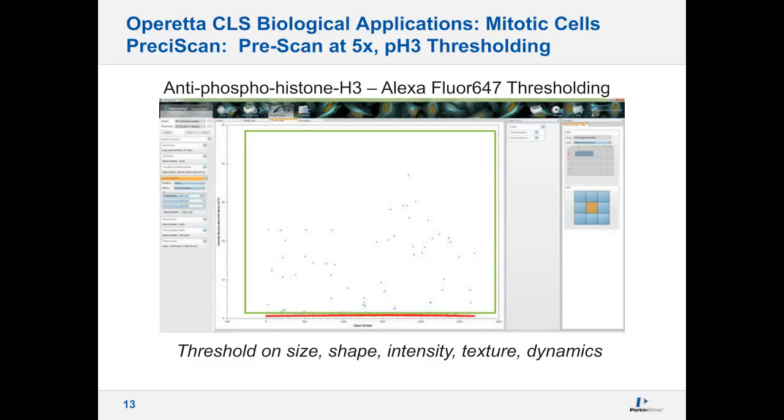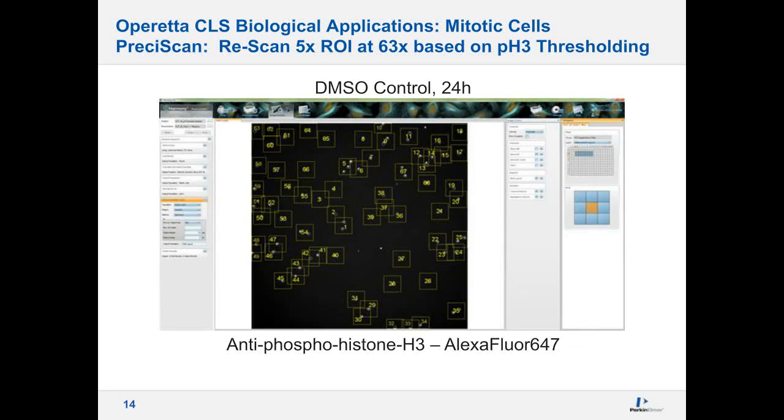So we're looking at a subpopulation within the context of the cells in the well that were challenged with oclosamine. Here's a screenshot of the DMSO control showing you the number of objects that were identified. These are the scan areas at 63x. These are the areas that the system is going to go back and rescan to identify the mitotic cells. Each one of these boxes, if you can't see a cell behind it, it's because the numbers are overlaying it. The precision on this is very accurate.